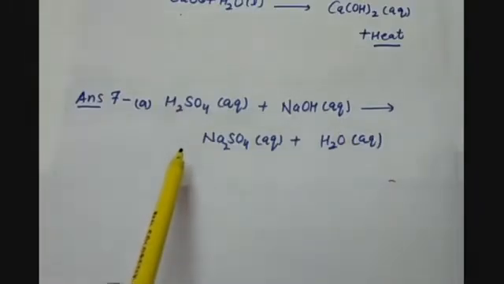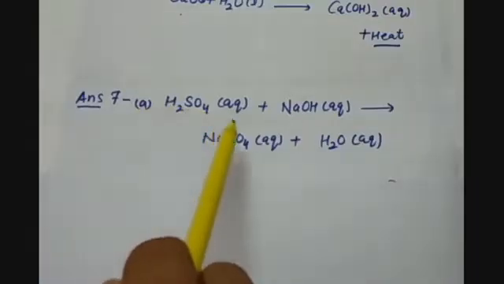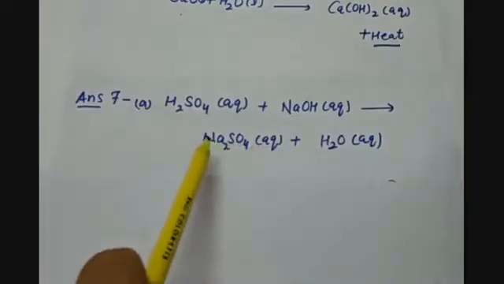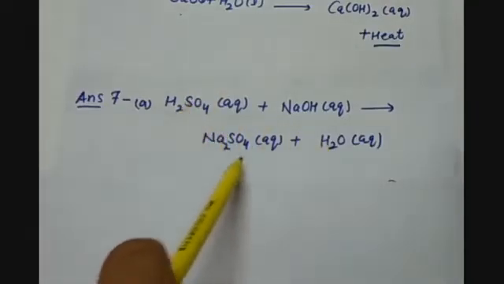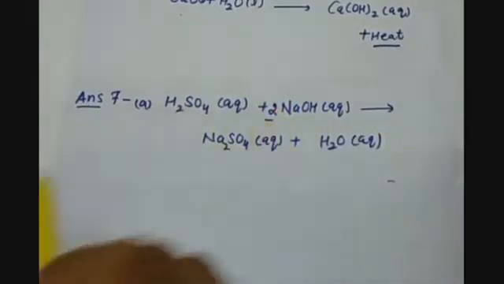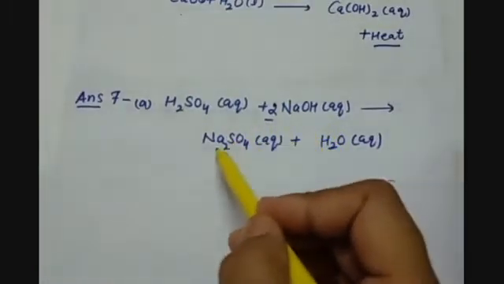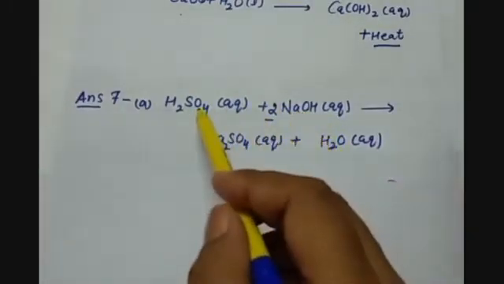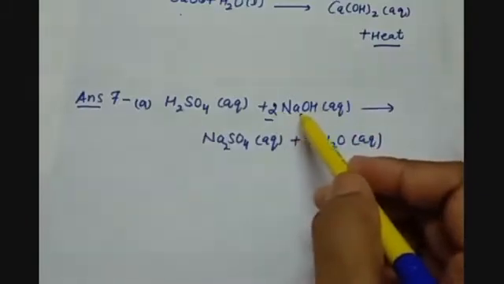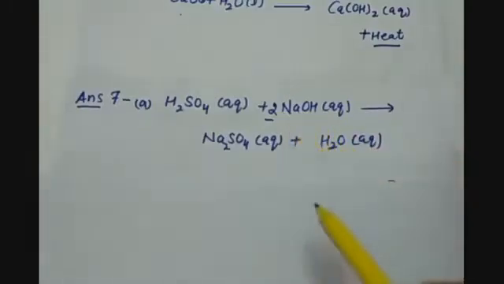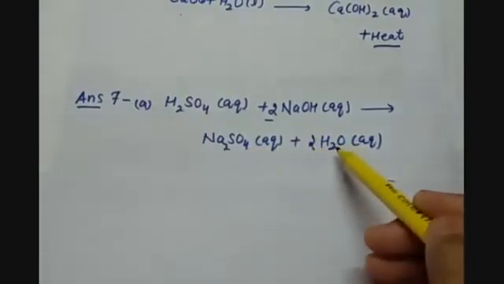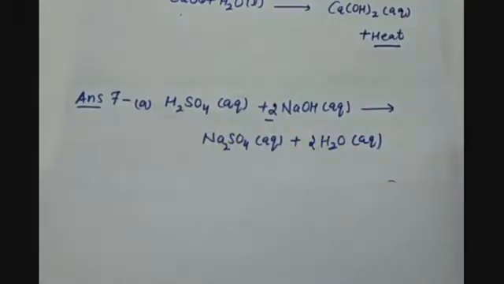As you can see, the sulfur is balanced, hydrogen is also balanced. Sorry, oxygen is not balanced, and sodium is also not balanced. So let us try to balance this. If you multiply by 2, just a hit and trial method, sodium becomes 2. Here also we have 4 and 2 oxygen, so here also we'll have 6 oxygens, and here we have 4, and if we multiply by 2, then we'll have 6. So now this equation is balanced.